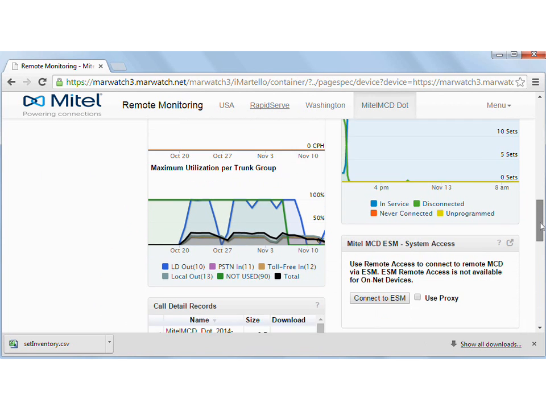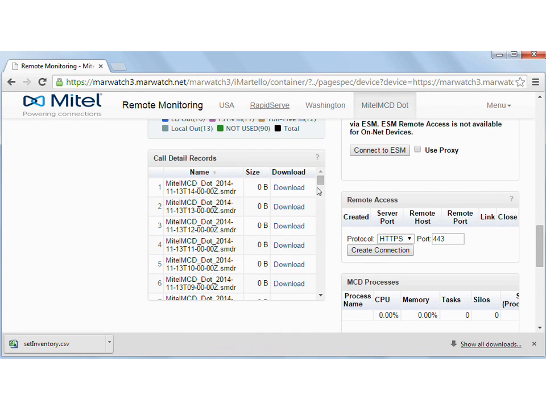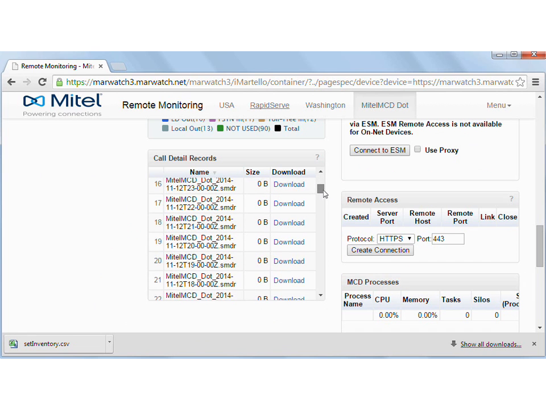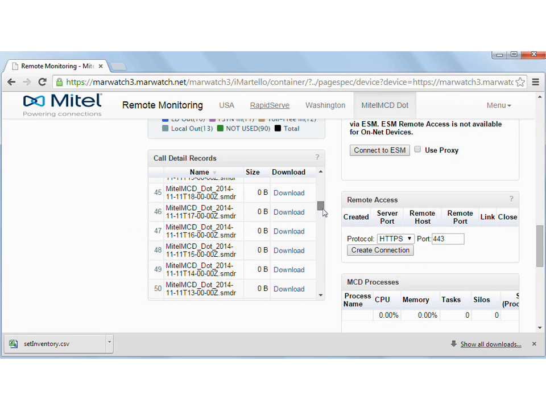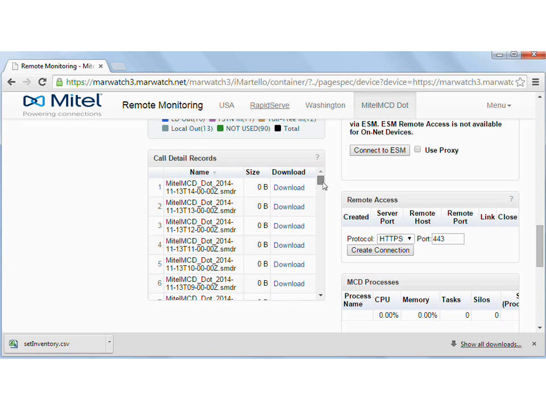And then we have the ability to pull the raw SMDR files. So the idea with this feature is we can pull this information and send it to a server of your choice for any advanced services such as call accounting, toll fraud, you name it. It's just a simple, easy feature to automate this for you rather than having your technicians do this